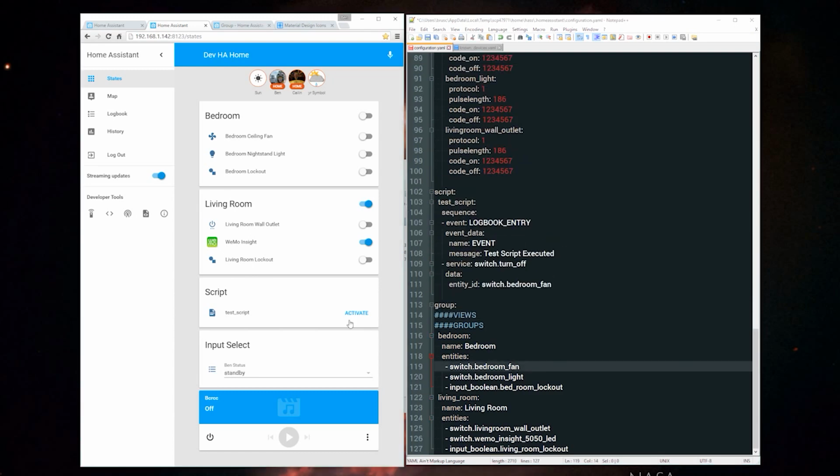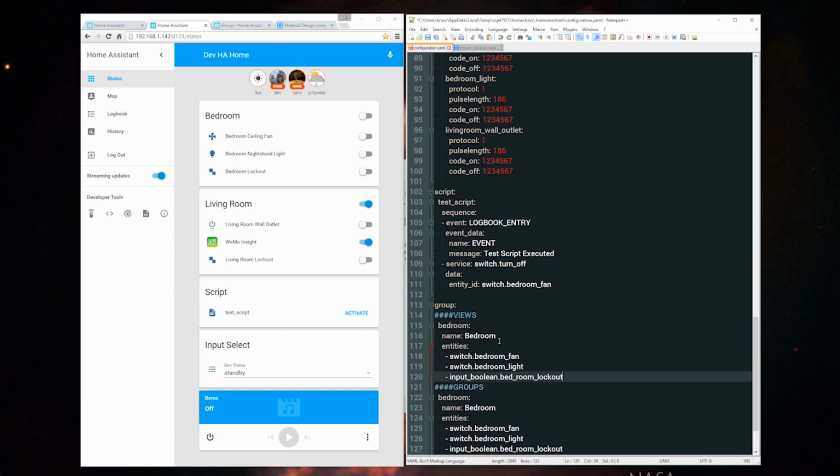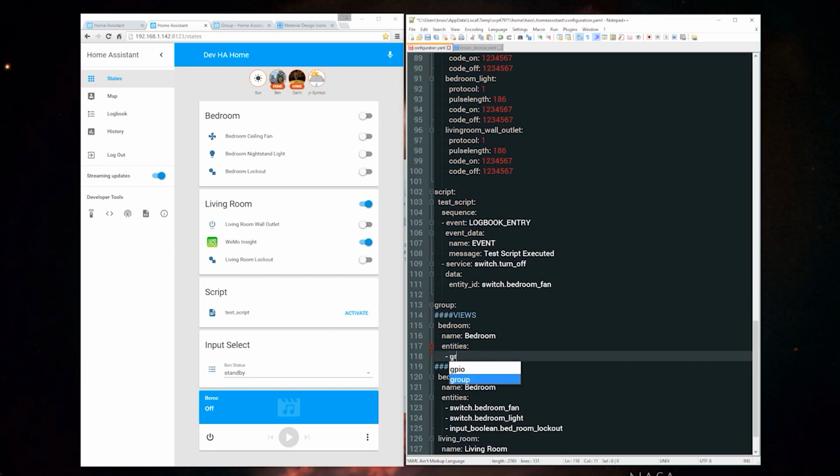Thinking about what I want here, I want to have tabs across the top. One that says bedroom, one that says living room, and then maybe one that even says like family or something. So I need to create some views. To do that, I'll create some code that looks basically like this. But instead of saying switch, I'm going to tell it what cards or groups I want in that view. So I'm going to say